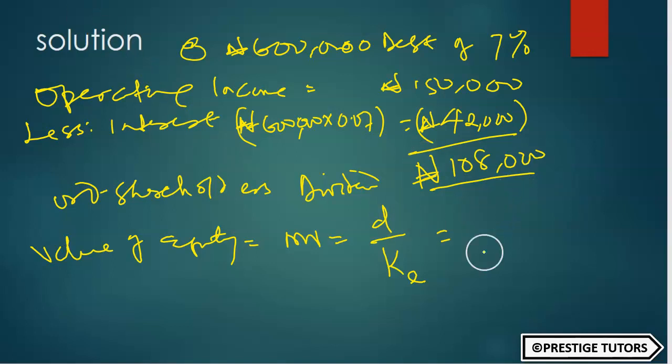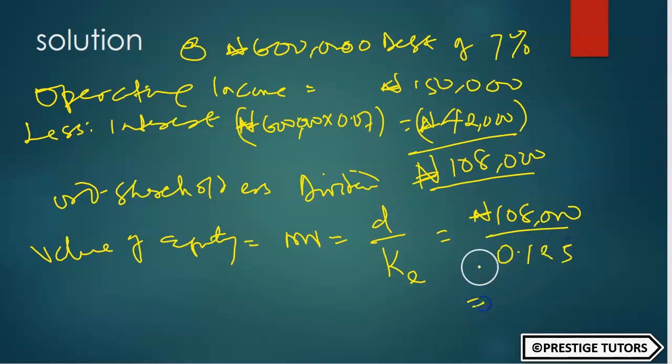Now, how do we calculate that? Our dividend, which is 108,000 over 0.125, that is 12.5%. So what do we have as our final answer? So now we have 864,000 naira, which means the value of equity has also